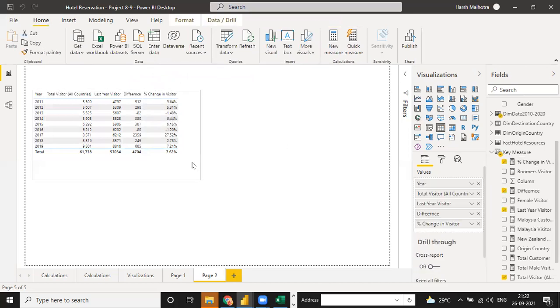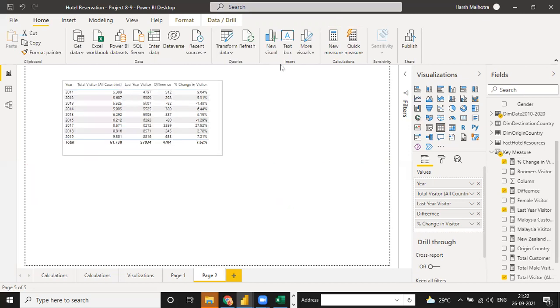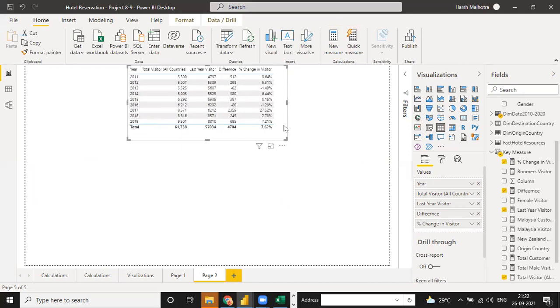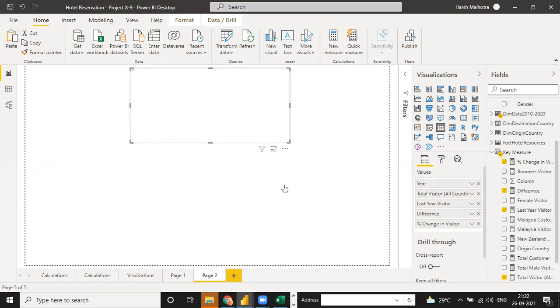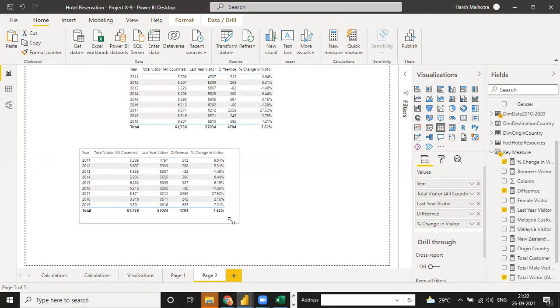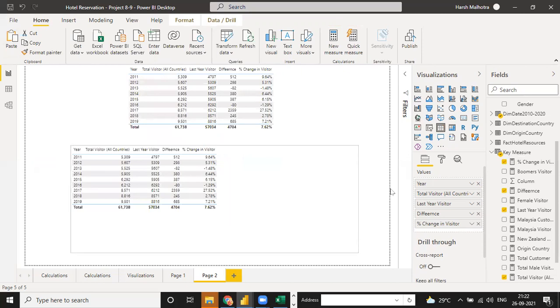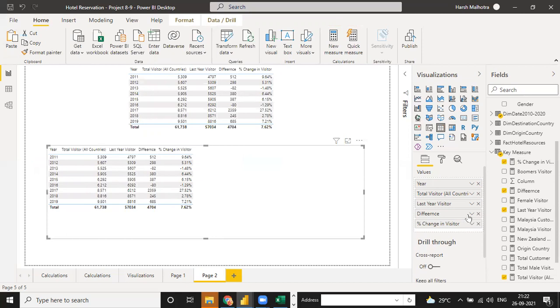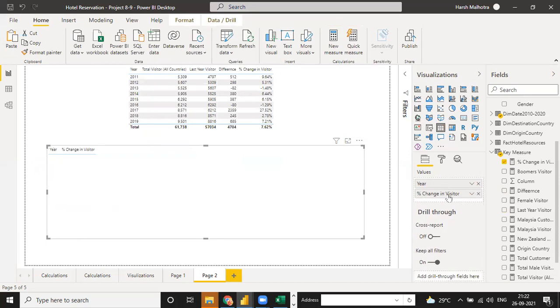Okay, so for this you can use one line chart here. You can just copy and paste. Remove difference, remove last year, remove total. I need only year and percentage change in difference, and go to the line chart.